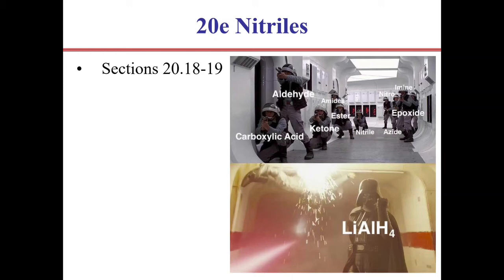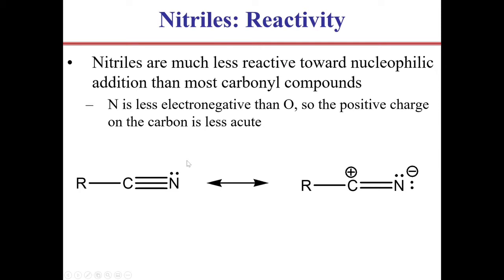This is the last lecture of carboxylic acid derivatives, and we're going to look at nitriles from section 18 and 19 of chapter 20. Nitriles look very different from the rest of the carboxylic acid derivatives because they lack the carbonyl group. They don't have that oxygen present. They're still considered carboxylic acid derivatives because you can hydrolyze them in the presence of an acid or a base